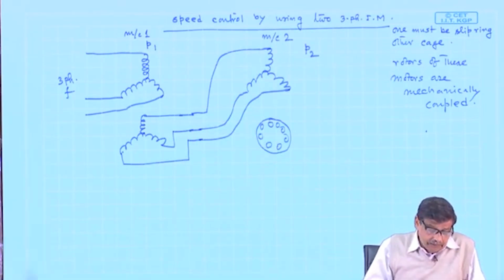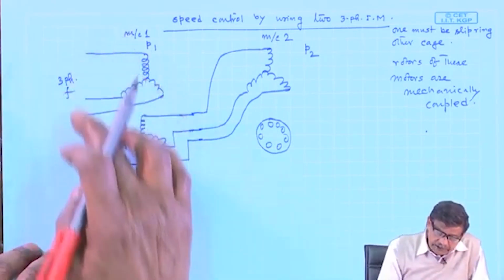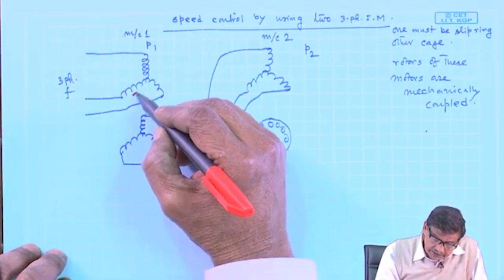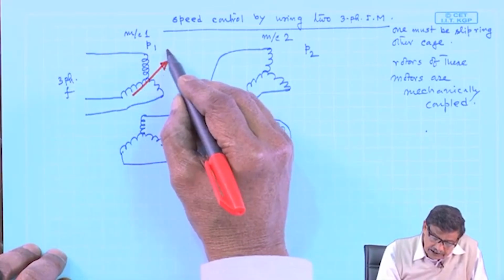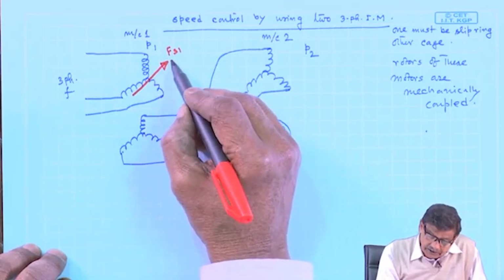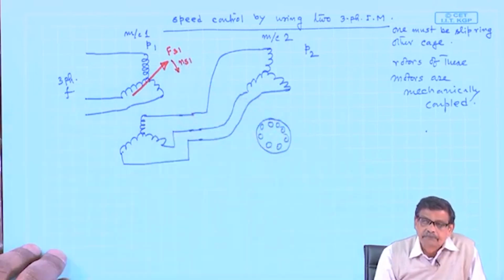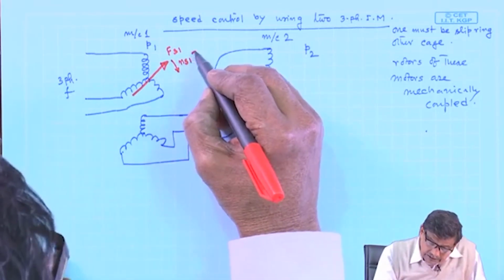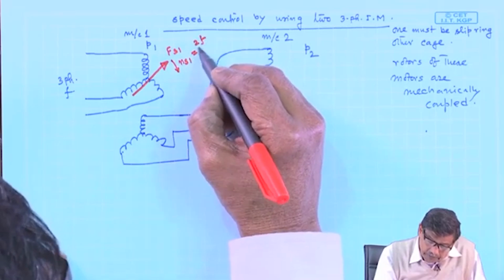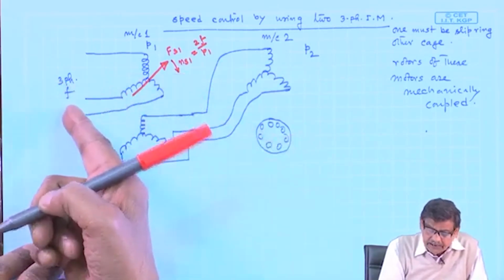Now, let us assume the supply phase sequence is such that the stator field, or resultant field, of the first machine moves in the clockwise direction at NS1, and this must be equal to 2f by P1, because its stator is supplied with frequency f,